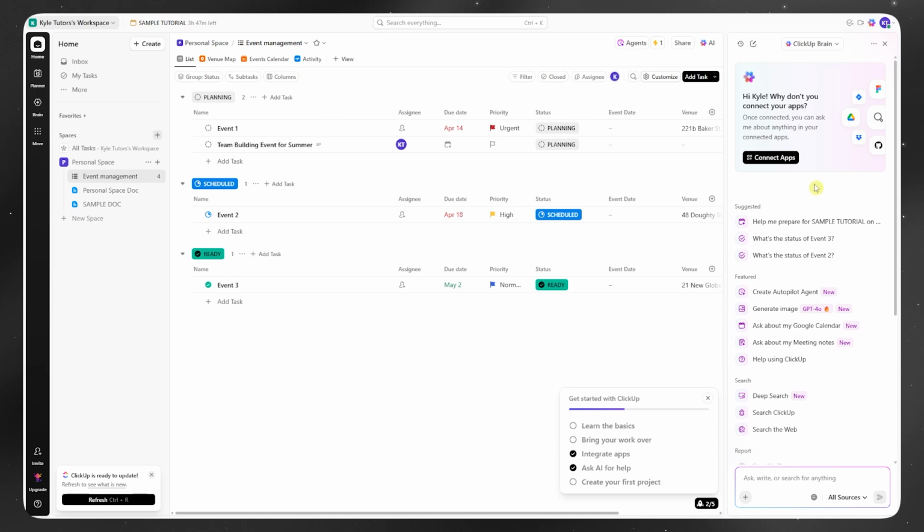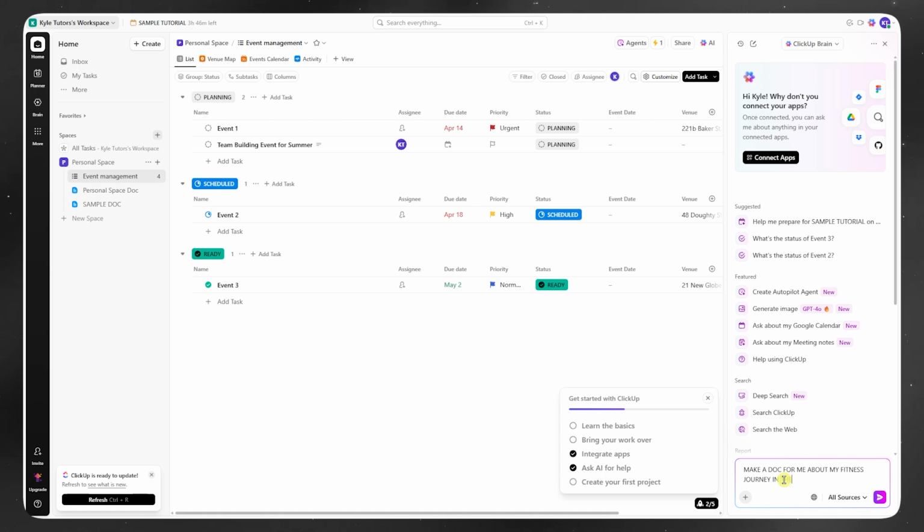So this is where you can chat with AI on what you would like to be done on ClickUp. For example, you would want to get help in creating an appointment, an event, a list, or maybe even a doc right here to be included into your space. So for example, I'm going to ask it to make a doc for me about my fitness journey